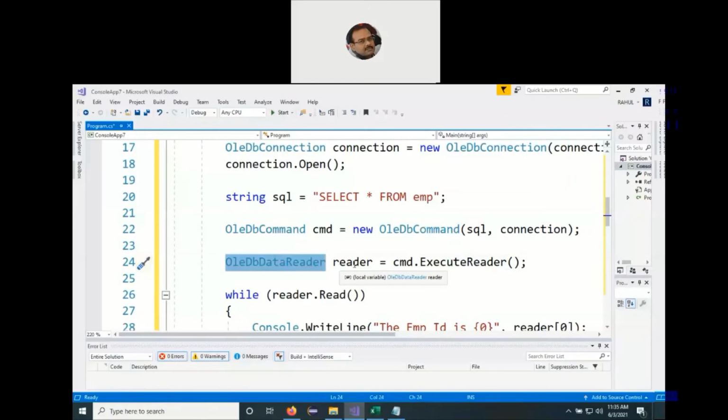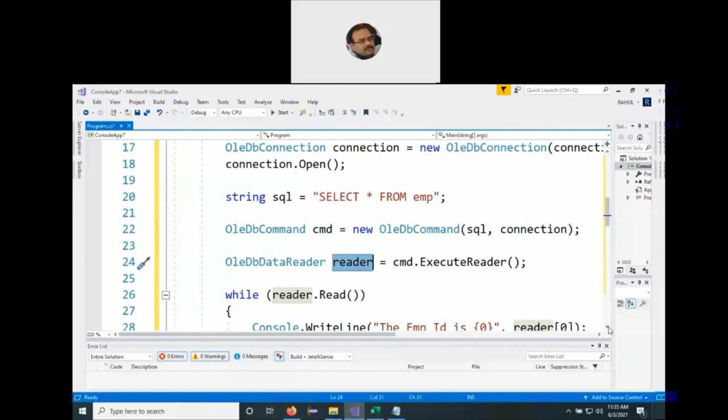So we store the information into an OLEDB data reader class reference variable called reader. Now this reader is more like a repository container which will have multiple records which have been fetched from the database, and it is archiving them in the front end. Since it is a logical container or repository, we need to iterate through all the records one by one.